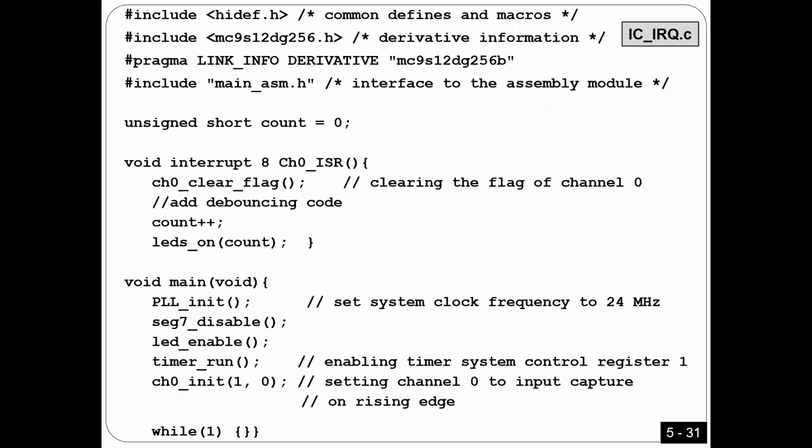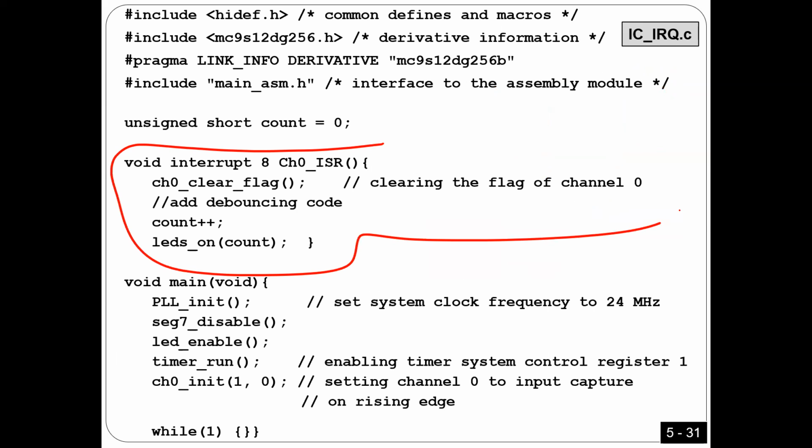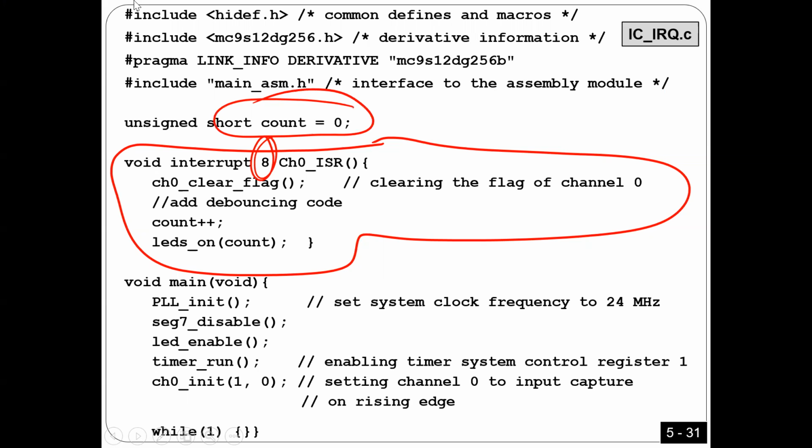But anyway, let's see the C language here. It's the same program I taught right now for using IRQ. I'm going to explain it in C language. So in C language, as you see here, guys, this is the interrupt subroutine. Here I'm going to use number 8 because this is for channel 0. So in every interrupt here, I'm going to clear the flag bit, right? I'm going to increment the count, and then I'm going to write count to port B. Very simple, very easy, right? As I said before, and as we did before, count has to be global. Otherwise, you are going to have a mistake here.